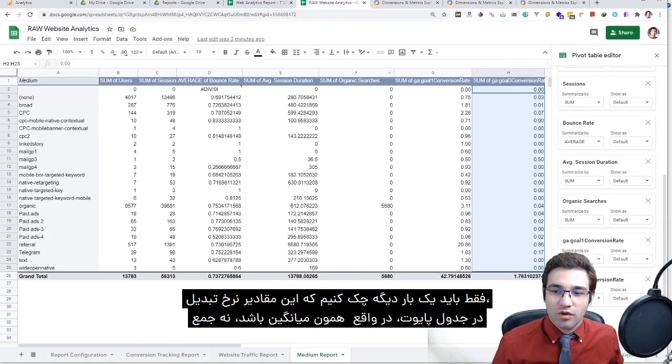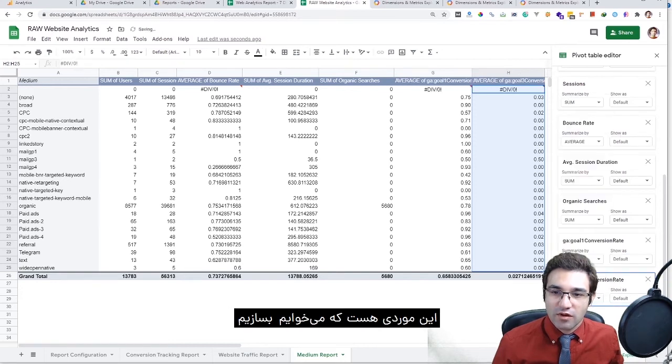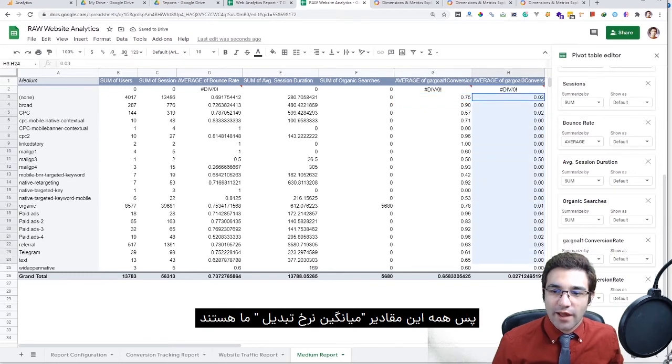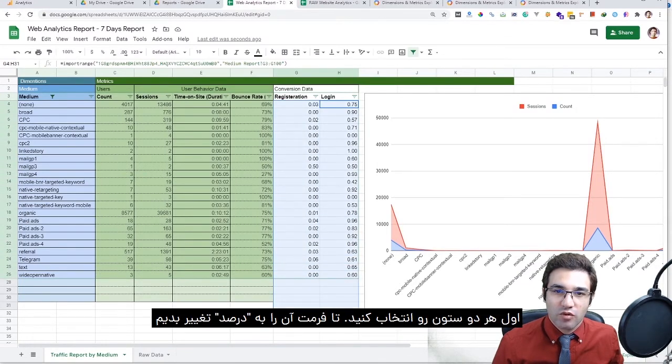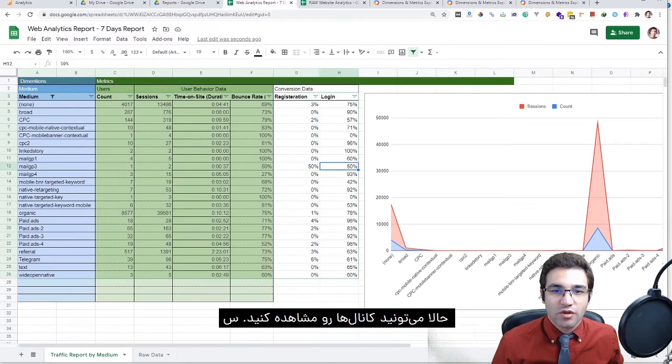And we want to know these data are not reportedly a sum, but the conversion rates are actually average. That is something that we want to create, conversion 1. So these are all averages, conversion 3 average. Now it makes sense that we have these data analytics. Now take them both percent. You can look at